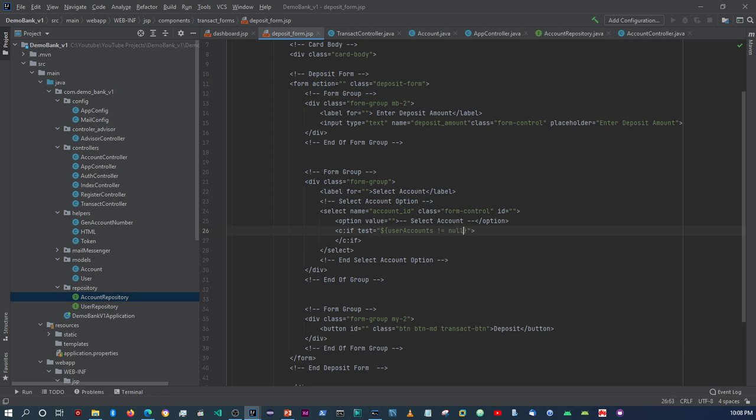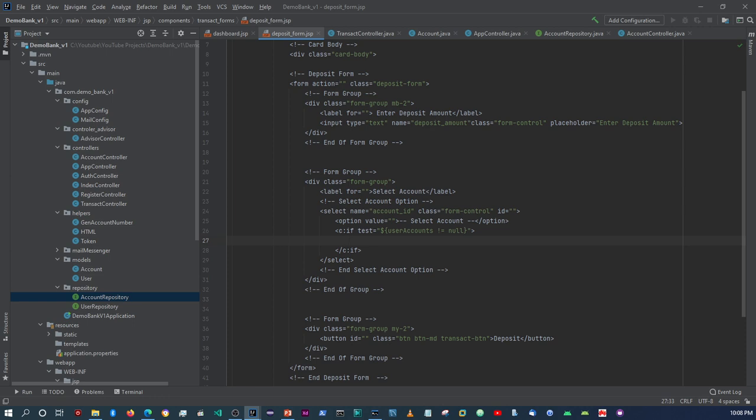So I'm gonna say null, if not equal to null. Here we're gonna get the C for each loop. And then items will equal to that, and the variable will be, we'll just call it select account. Okay,